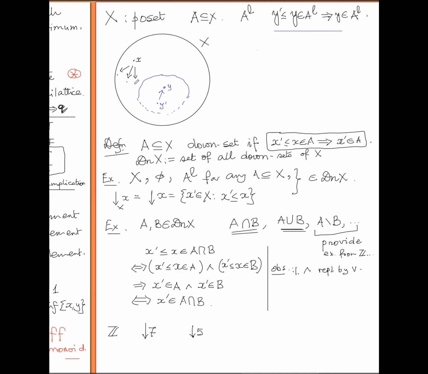Fine. That gives rise to this. So can you probe along this line a little further to see what is the smallest downset? What should be the smallest downset? Could it be